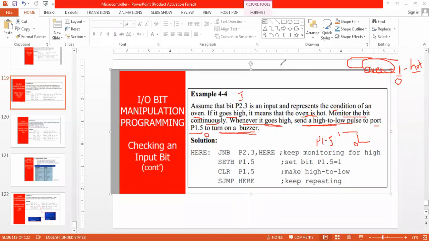Then what do I have to continuously monitor? P2.3. If P2.3 is equal to 1, P2.3 is connected to O1, and if O1 is equal to 1, that means P2.3 is equal to 1. I have to send a high to low signal on P1.5. So P2.3 is the input. Okay. First, what do I have to do?